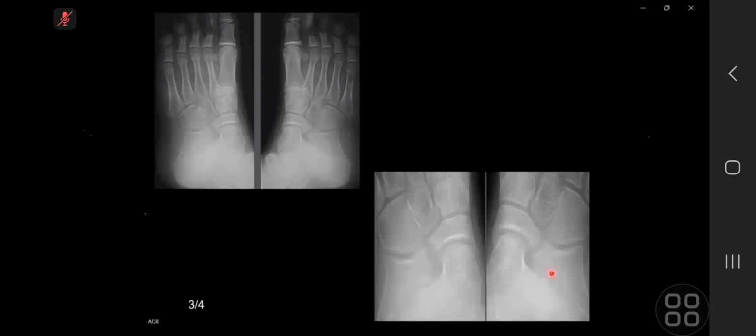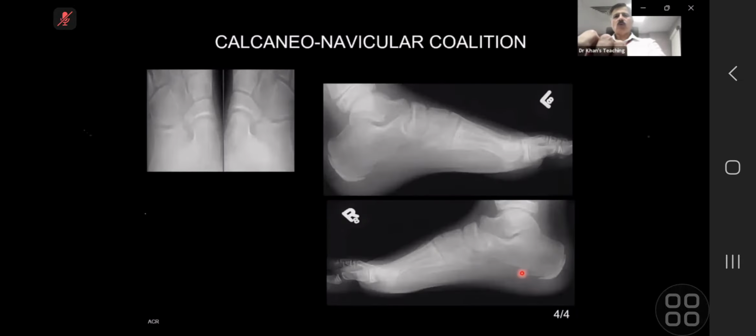Calcaneo-navicular coalition, but fibrous, not bony. Excellent, well done. Okay, so